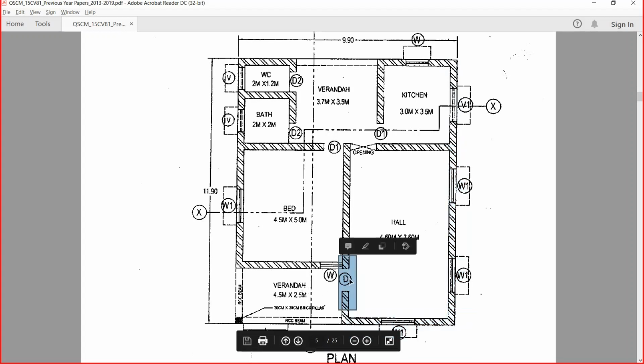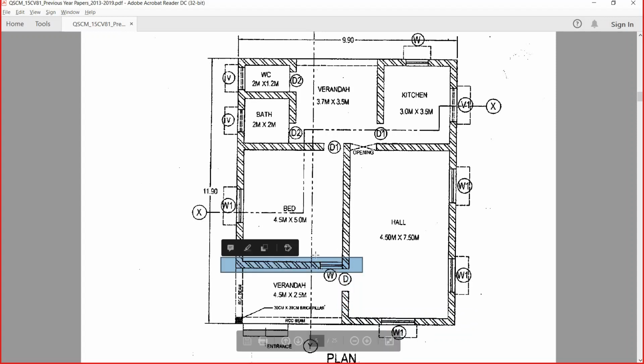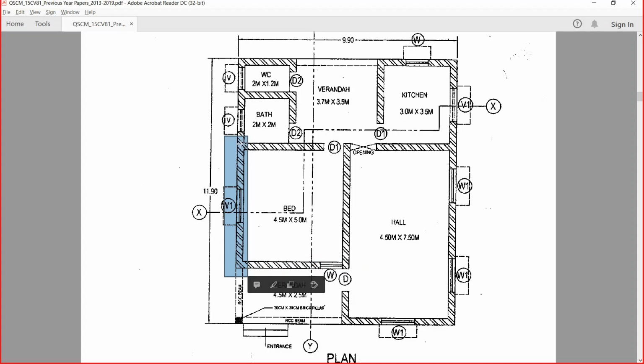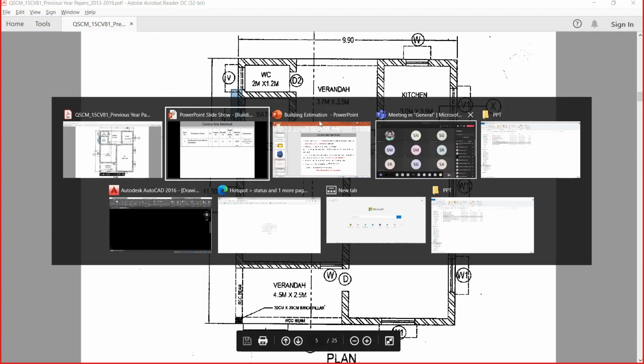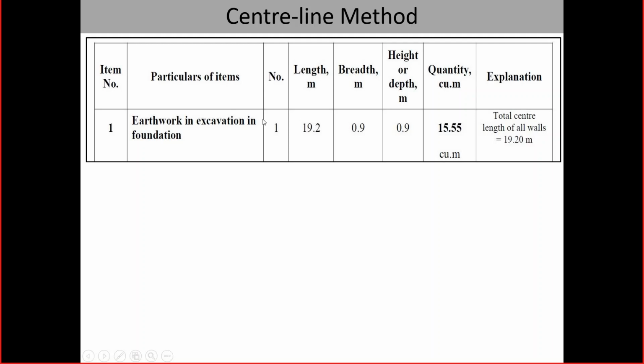Let's assume it's given 2.5, and this length is 5 meter, and this width is 4.5, and again so on, right? So if I add up everything, I'll get one single value, which is nothing but the total center line length of this whole building, which I need to indicate here in the length, right?